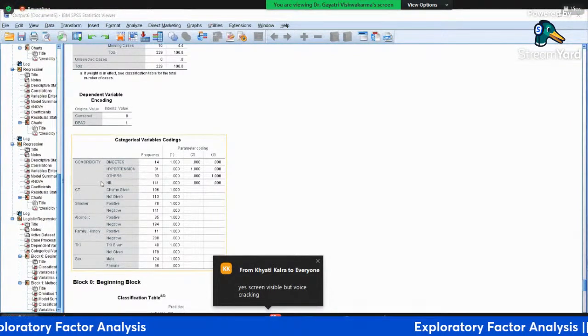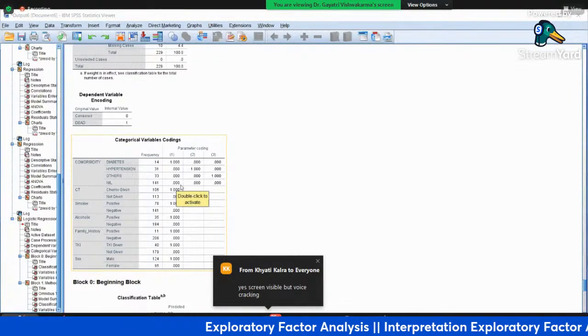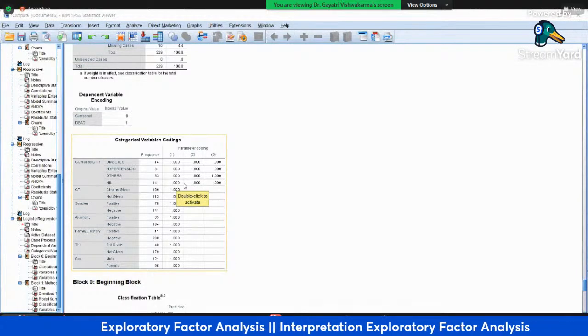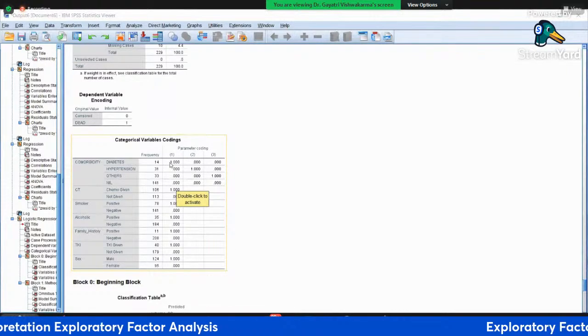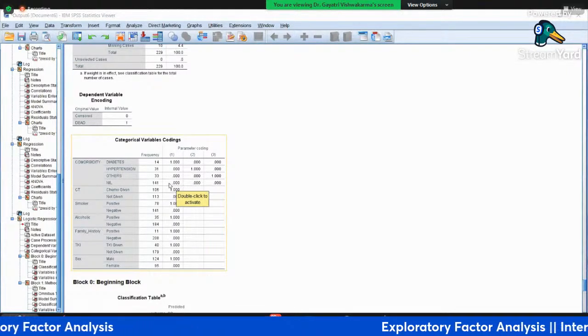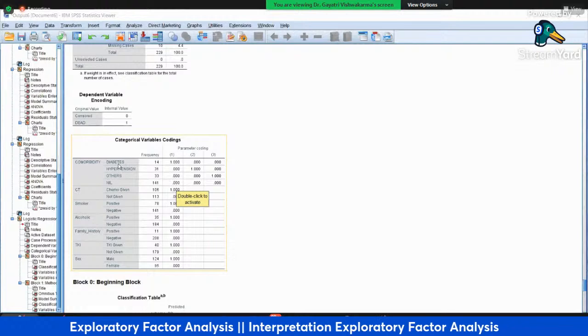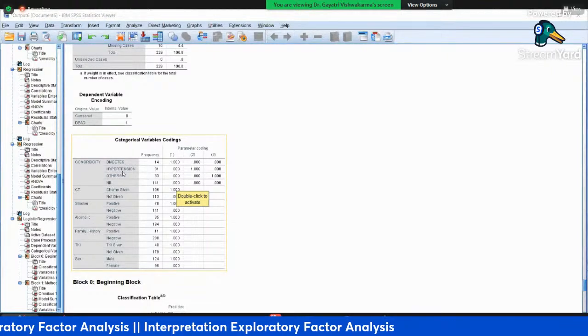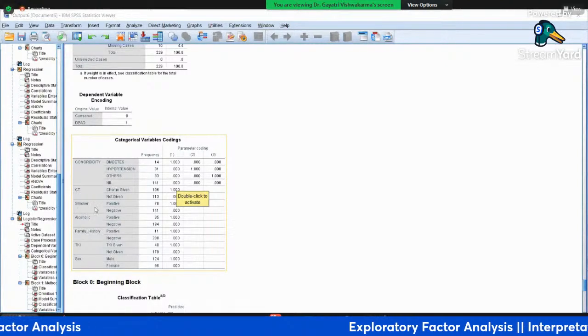So I was talking about this screen, where you can see the reference category is nil. They have considered it nil because all the values in the parameter coding are zero. In one case, others is there, in one hypertension, and in one diabetes. So the reference category is nil here. Based on those who are not having any comorbidity, what will be the implication for diabetes? What will be the implication of hypertension? What will be the implication if they are having some other kind of morbidity that we want to assess?